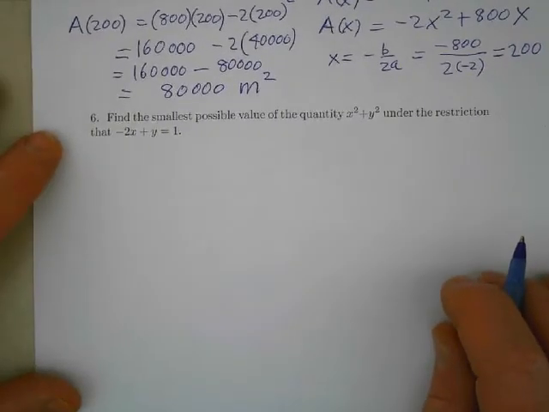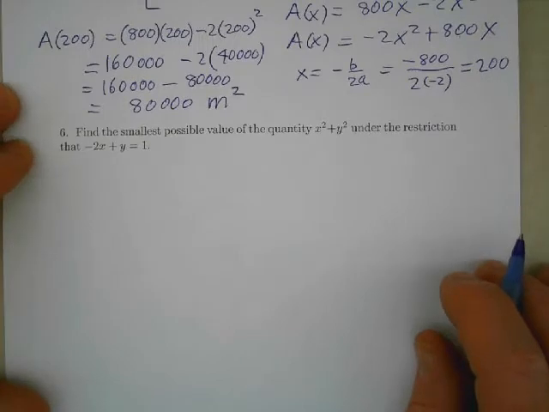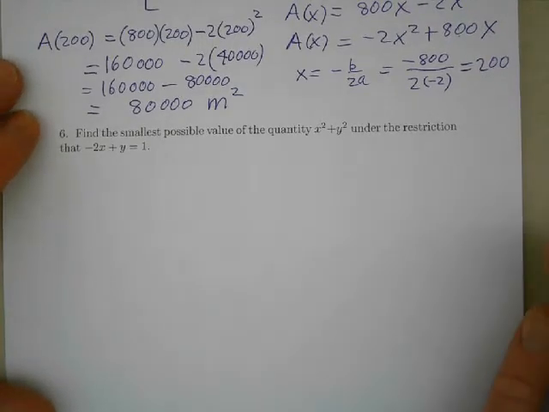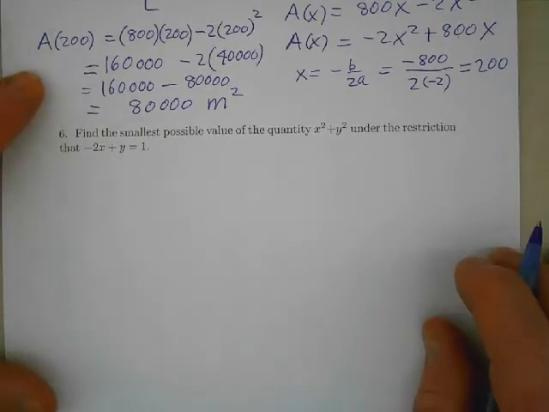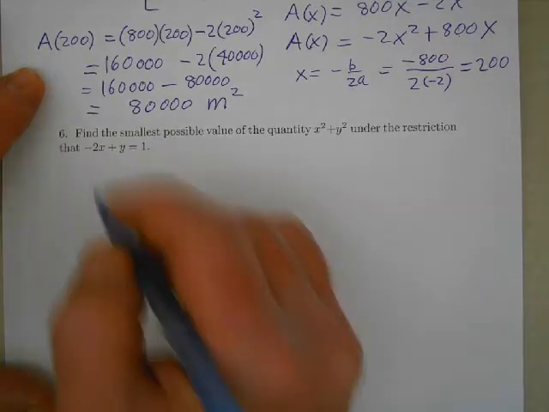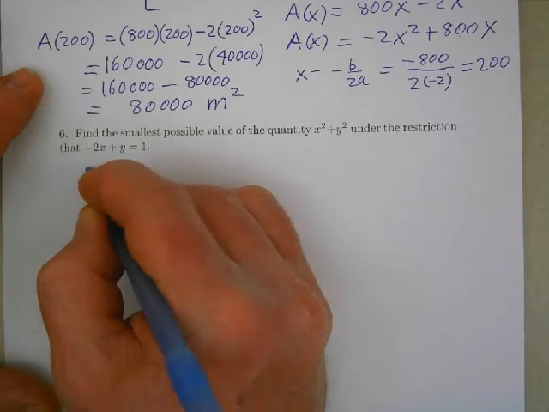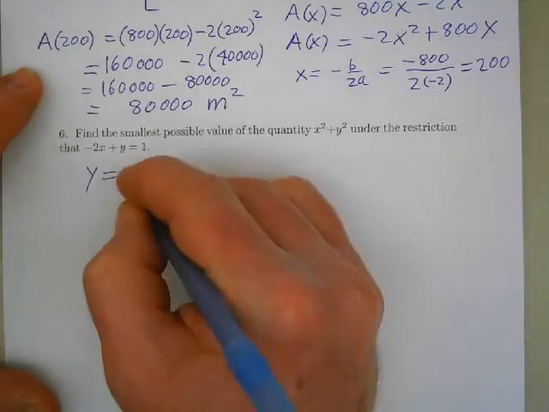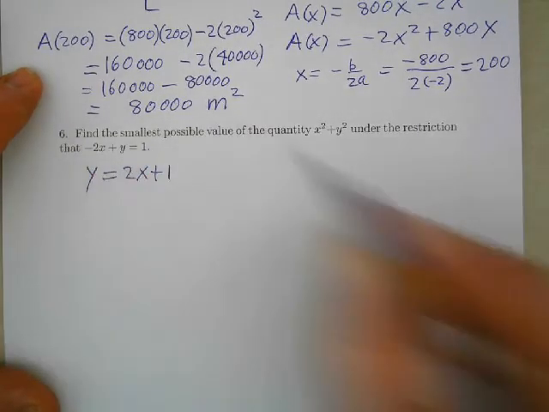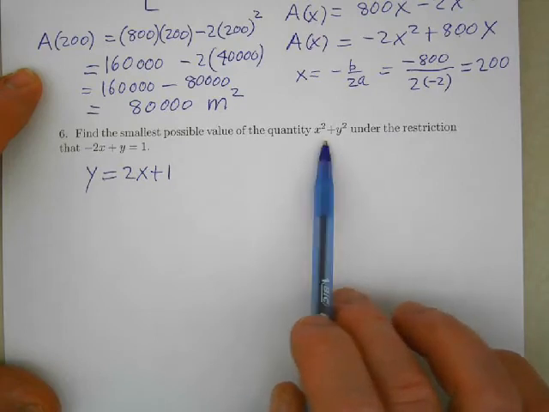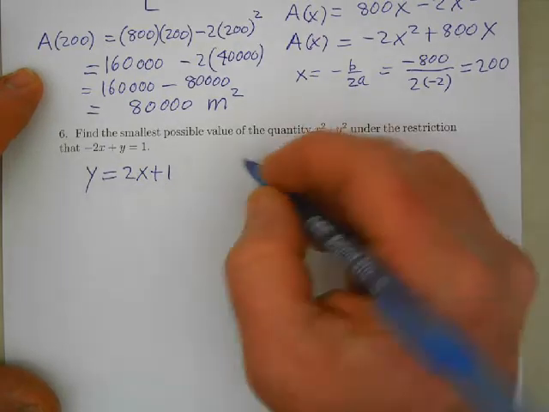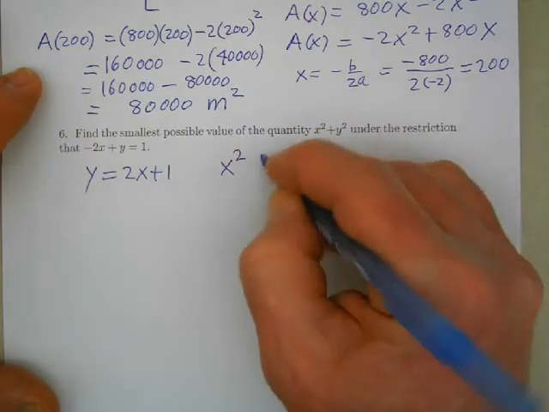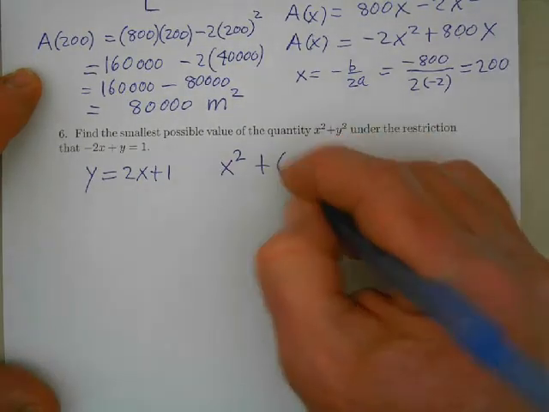Okay, and number 6, find the smallest possible value of the quantity x squared plus y squared under the restriction that negative 2x plus y equals 1. Okay, so we'll solve this equation for y. Y is equal to positive 2x plus 1. And then in this expression, x squared plus y squared, we will replace y with 2x plus 1, and so